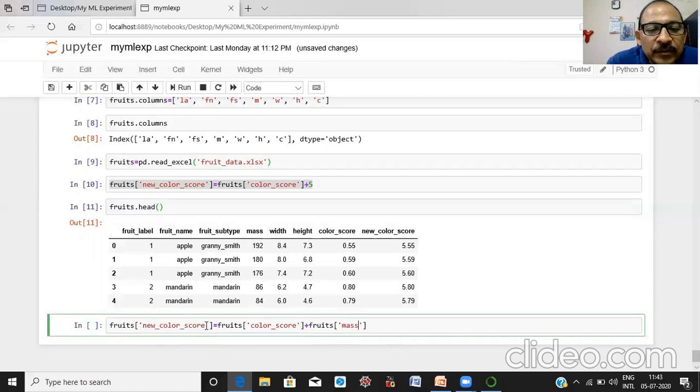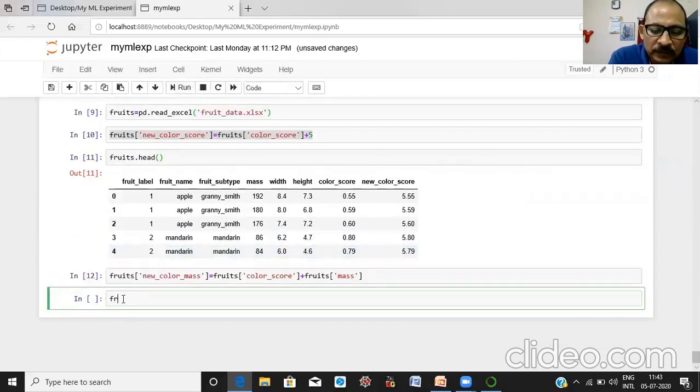Here change the name: new color and mass. Run it.